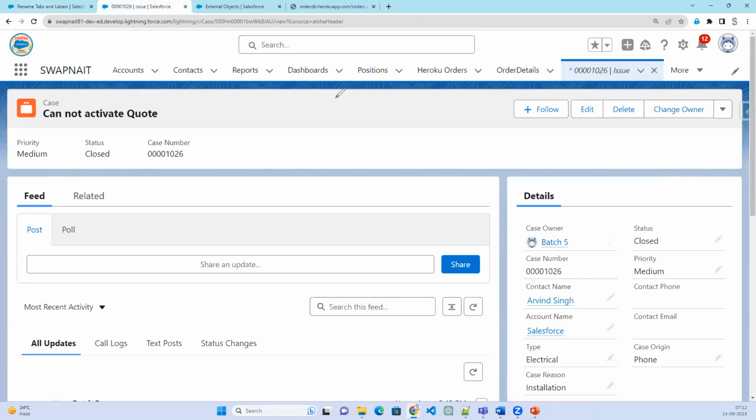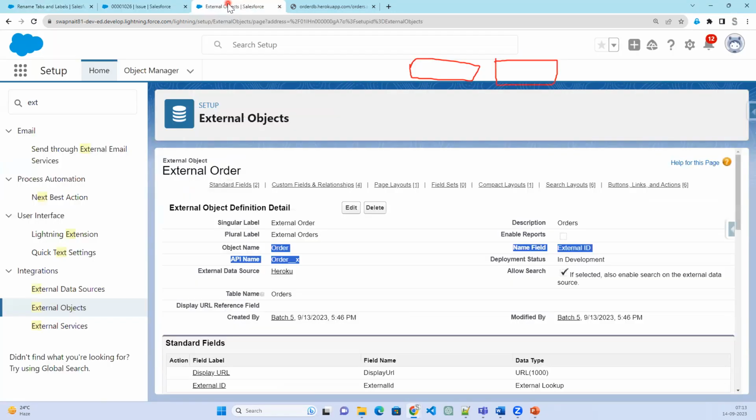Tab visibility. Now, how can I make sure that these are the tabs that I wanted to show, or these are the tabs that I wanted to display for this user or this profile? The first thing is, what are the tabs that you wanted to see here? You can decide it in the app launcher, like in the app manager. Go to the app manager,